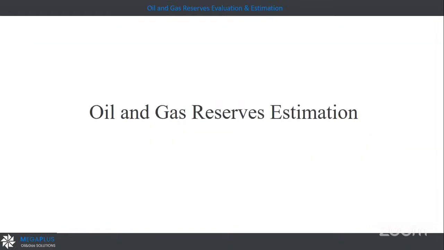So briefly, until now, we finalized the evaluation, the PRMS and the SEC, and saw how we can classify the reserves according to them. We can approve it, make a reserve-secured loan or a final investment decision, and get the cost of the asset and the operation cost, so we can make a field development plan. This is how we can officially evaluate our reserves. So how can we estimate and calculate the reserves?